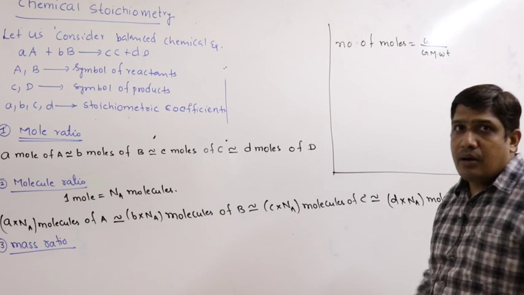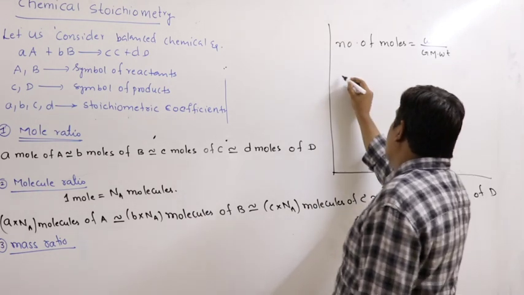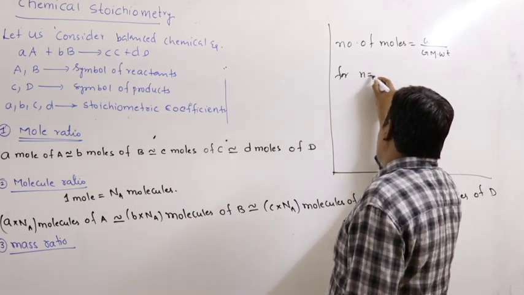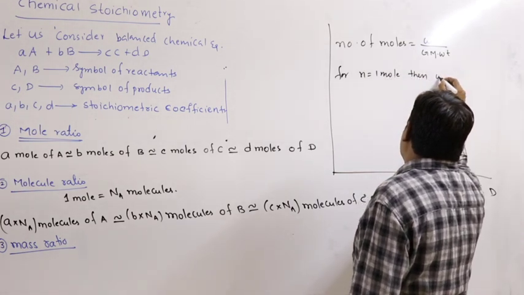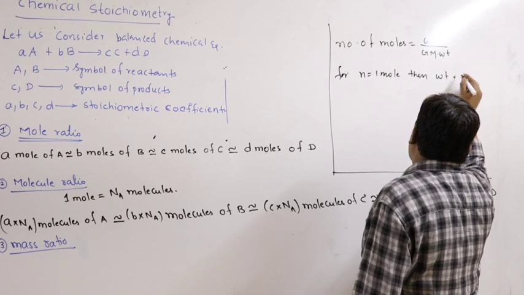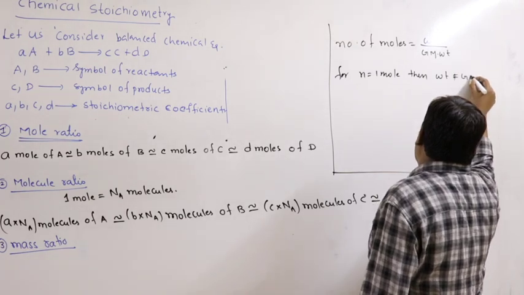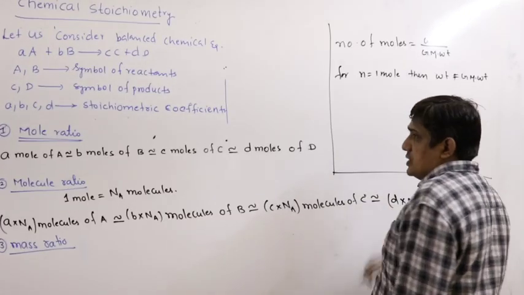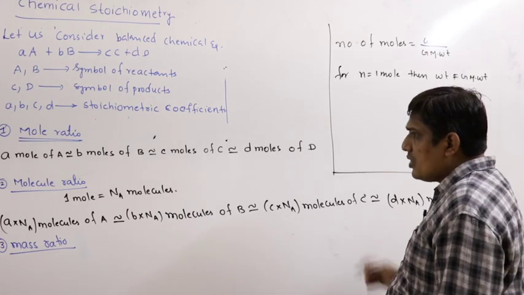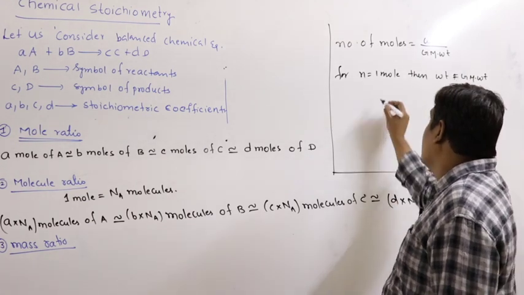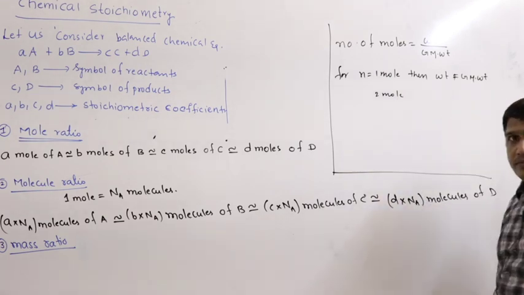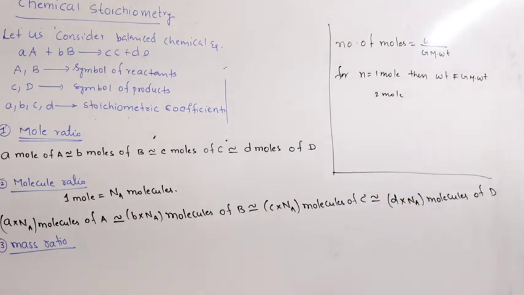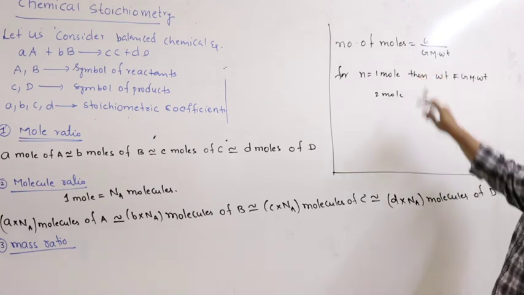Suppose if number of moles is 1 mole, then weight equals gram molecular weight. Suppose if I have 2 moles, then what happens? Then weight will be equal to